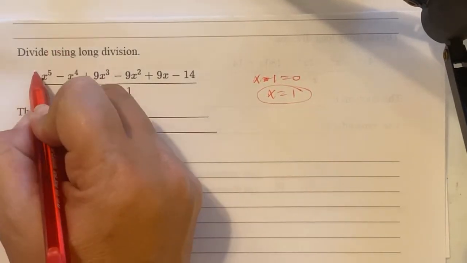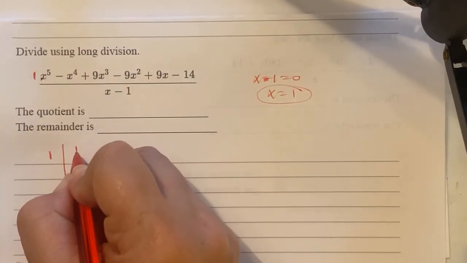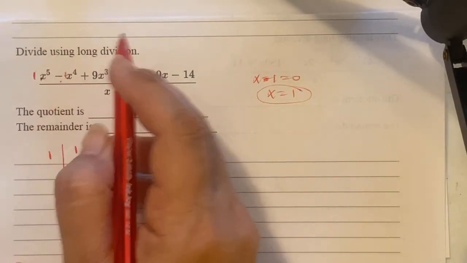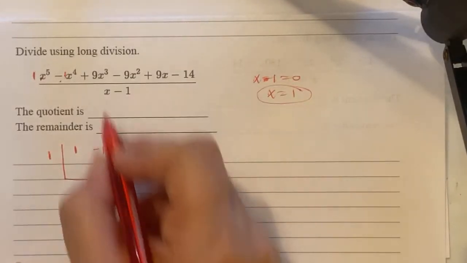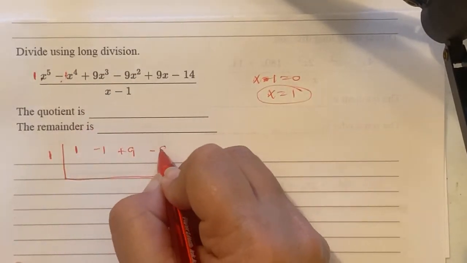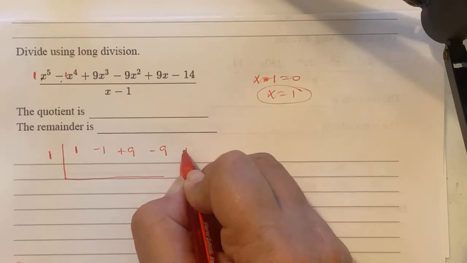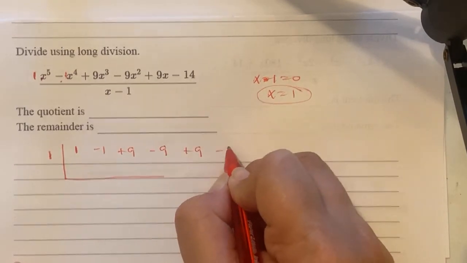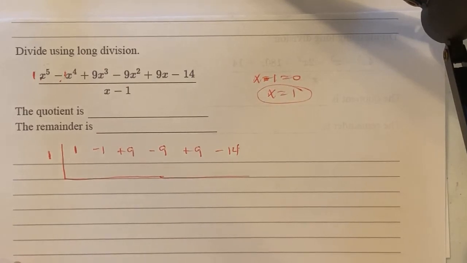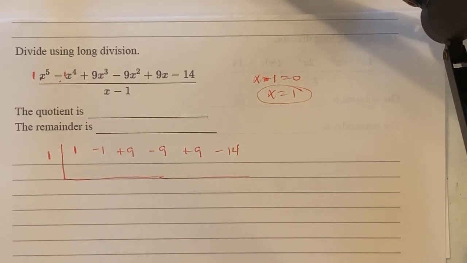There's a value for it. There's a 1 in front of it, so I'm going to write a positive 1. Then here, it's a negative sign, so I know there is a negative 1. We have a positive 9, a negative 9, another positive 9, and then a negative 14. I kept the signs for each of my pieces to make it easier for when we go to add straight